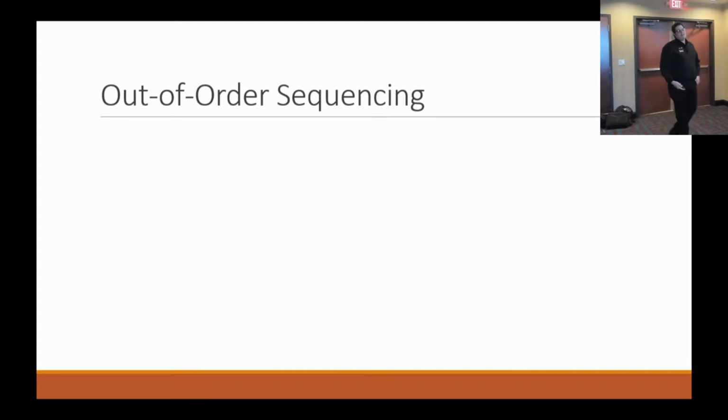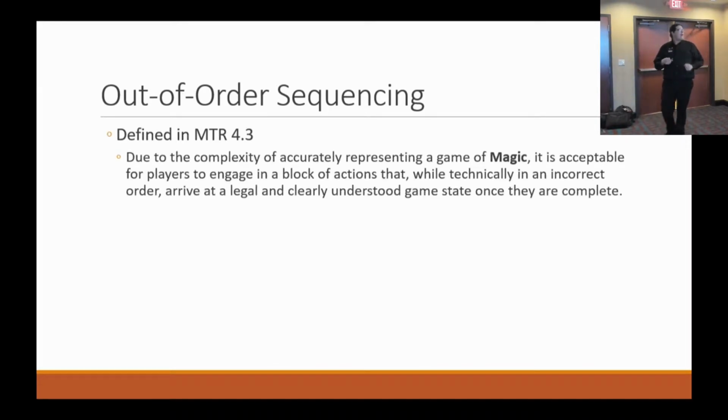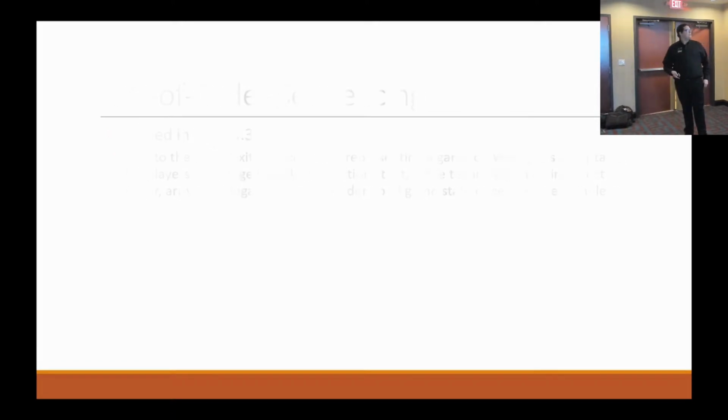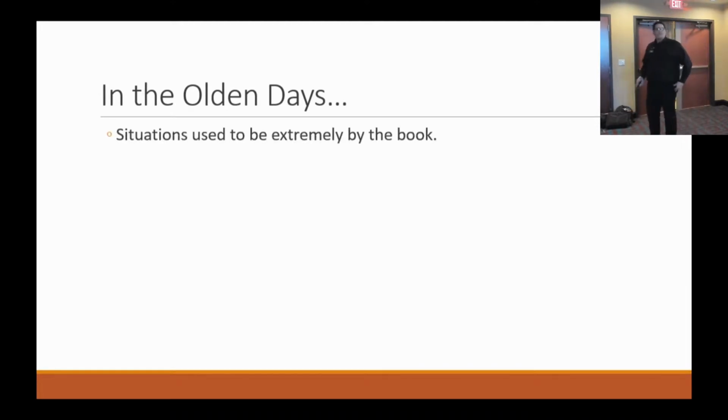Out of order sequencing is kind of related to shortcuts. One of the biggest differences, this is defined in 4.3. It says, due to the complexity of accurately representing a game of Magic, it is acceptable for players to engage in a block of actions that, while technically in an incorrect order, arrive at a legal and clearly understood game state once they're complete. So kind of going back to the history of Magic, in some of the olden days,